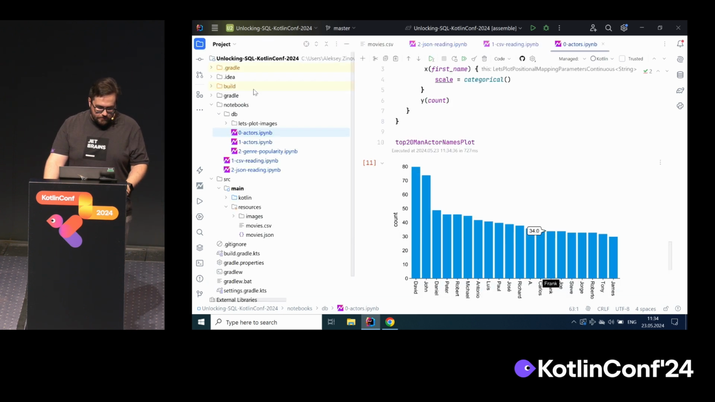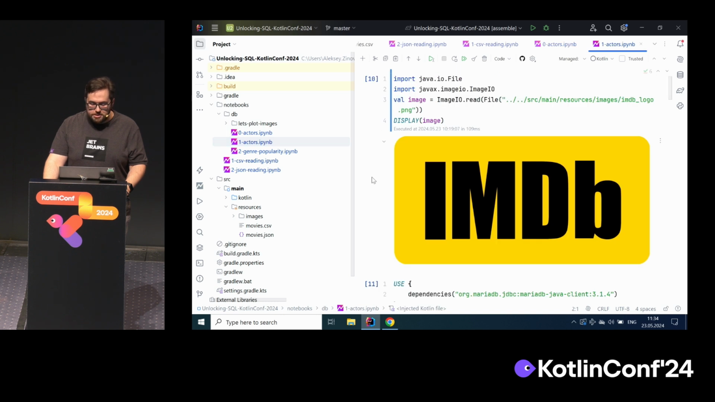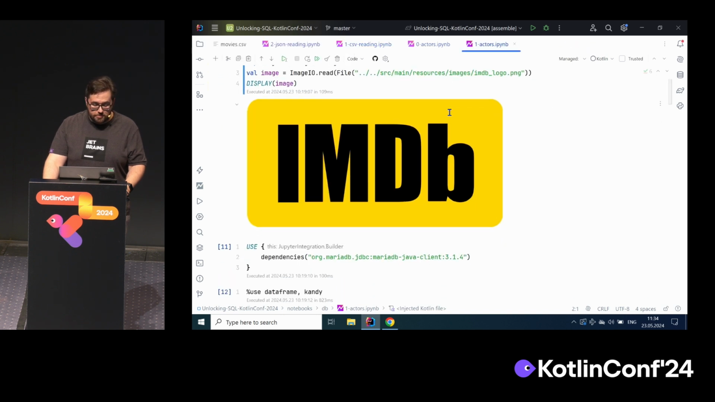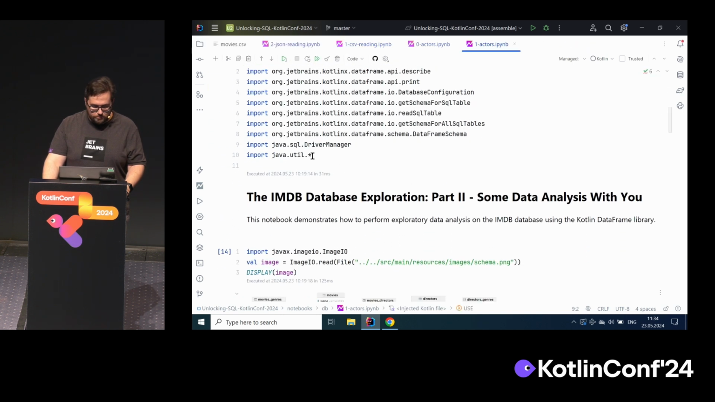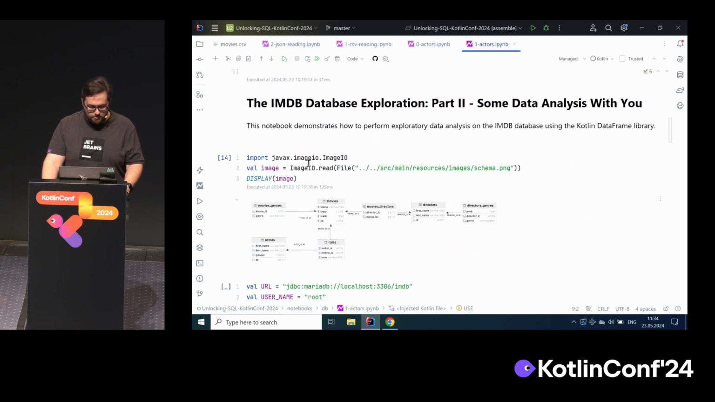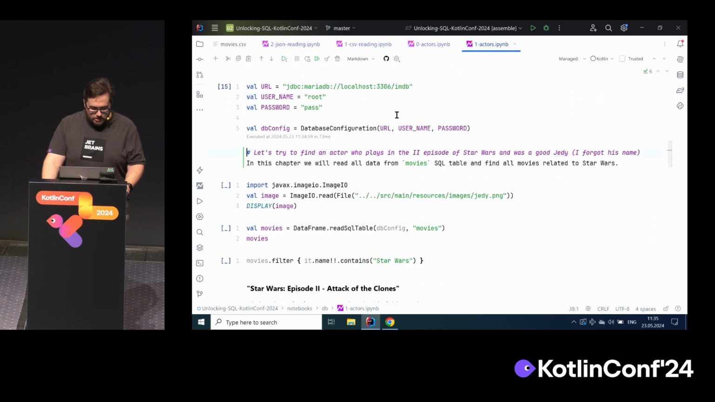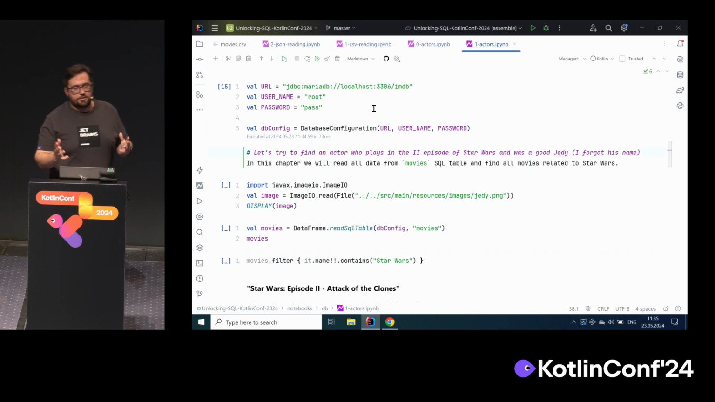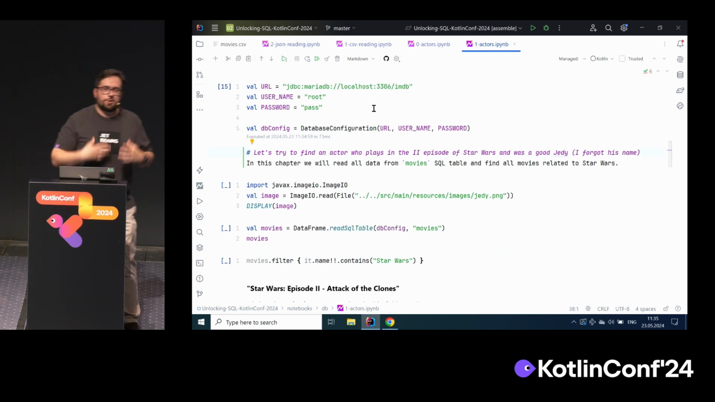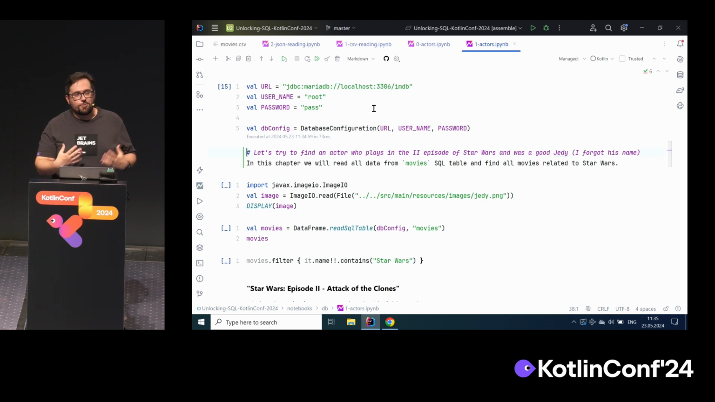So in the second, we will continue with the same database. Again, probably here we need some imports. Let's pass here. And it will be a kind of investigation. I will try to tell you a story of our exploration when we're trying to find one actor from Star Wars. I believe that you're a little bit familiar, probably not with the first 3 episodes from the 17th, but